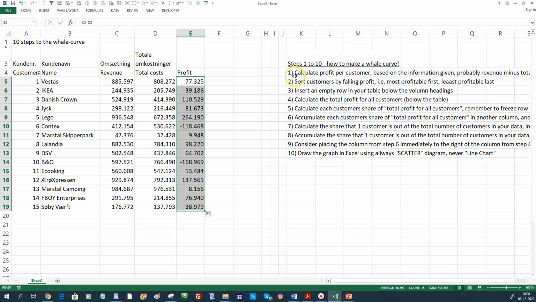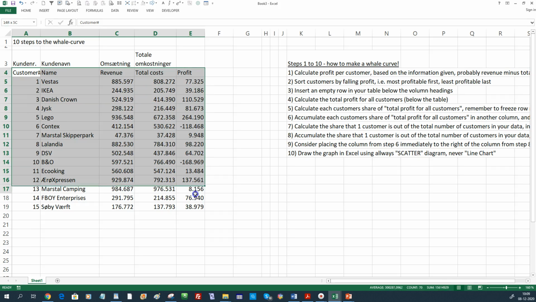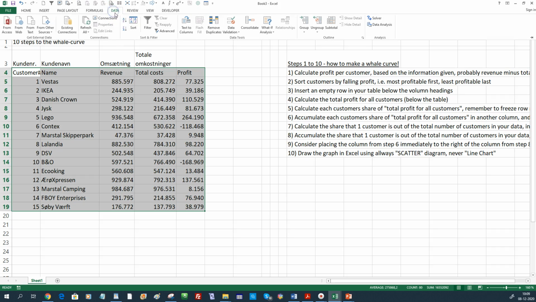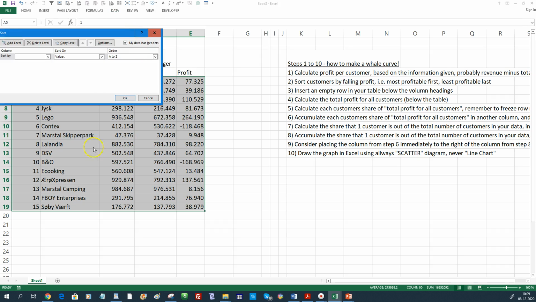And let's see here. Then sort customers by falling profit, i.e. the most profitable first and the least profitable at the end. Yeah. So I hope it will not mess up this part, but now I'll find out. So I'll just take one row of headings. Here I'll take the English, and I will take select data, sort. You have to take the box where you sort several columns together. There are headings, yes there are. Profit, and values should go from